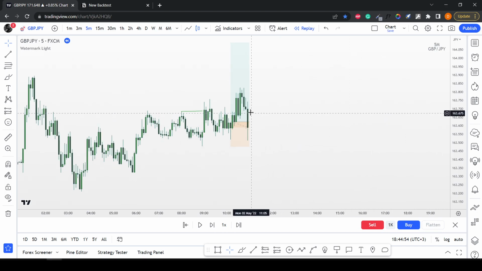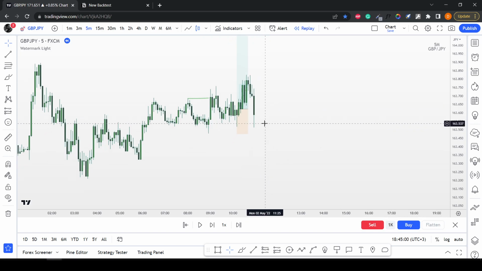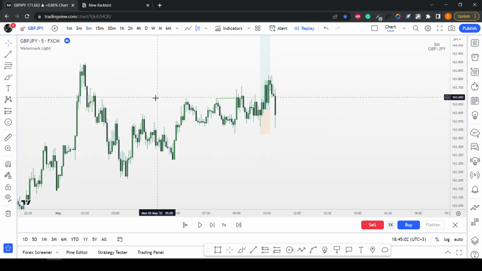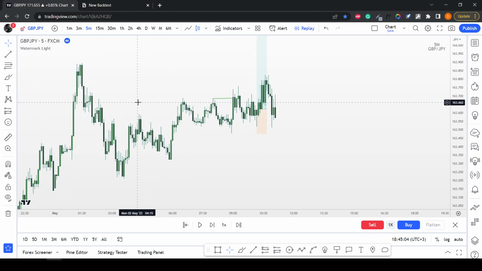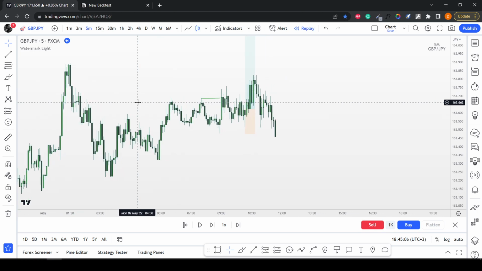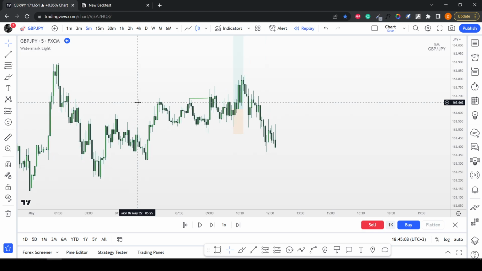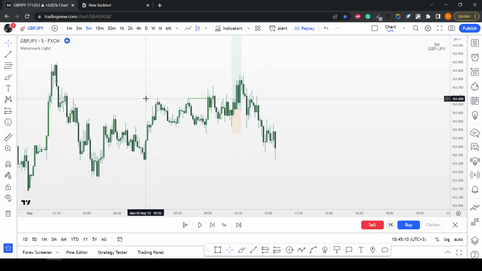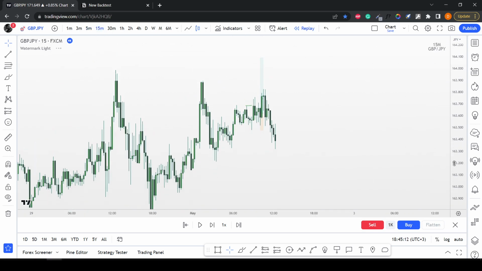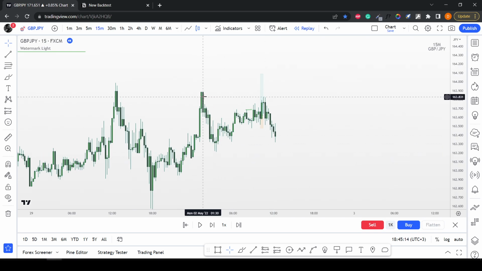So we have the possibility to enter here, but I don't want to do it because the impulse is just too big, and overall it's pretty weak. I mean, I don't like it in particular. Yeah, so we are breaking down. It's a possible reaccumulation. So until this 15-minute range holds, and we have this overall target, I'm okay with following